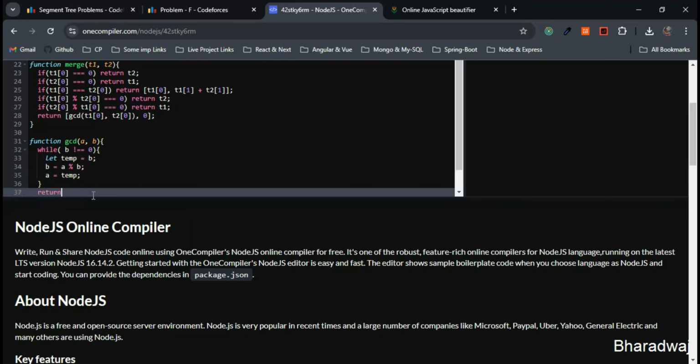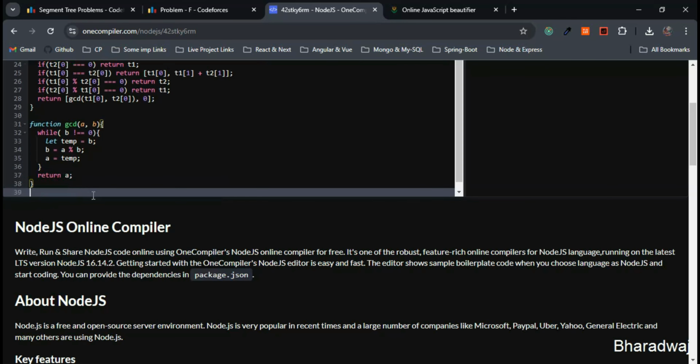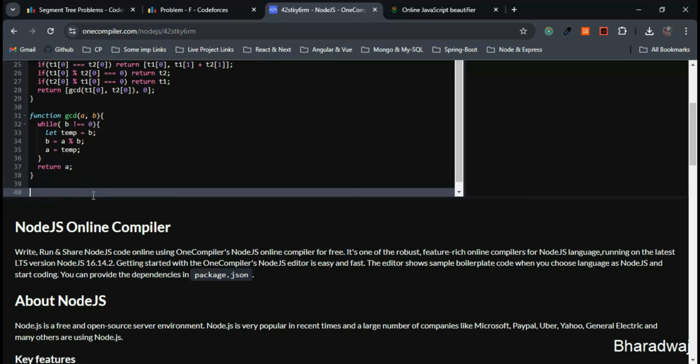Finally, what we will do? We will be returning A. We'll be getting the GCD here. So this is fine. After writing the function to calculate the GCD of two numbers,